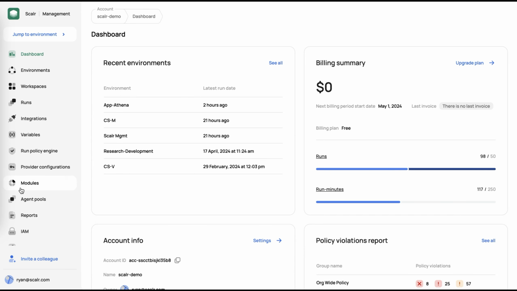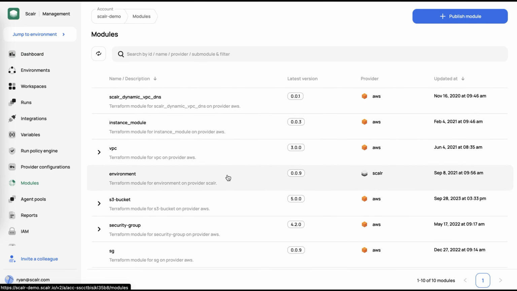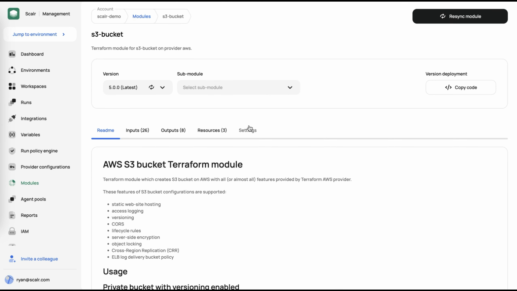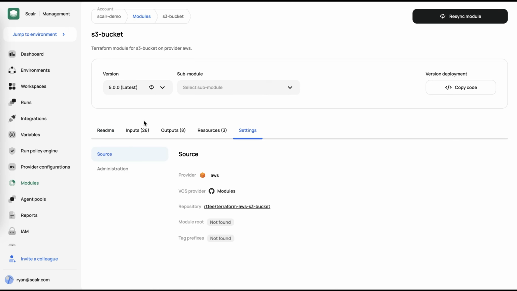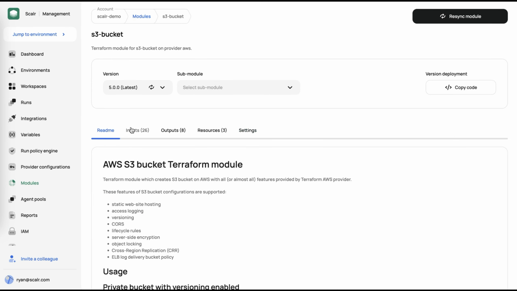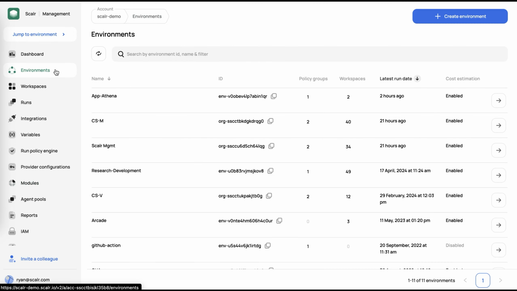So right now I'm at the account scope where we have a number of modules that have been created, and these modules are maintained and managed by the administrative team. All of these are synced with our VCS provider, and we can update them, delete them, change them, do whatever we want here at this account scope as I have administrative privileges. Now, if we go into one of the environments,